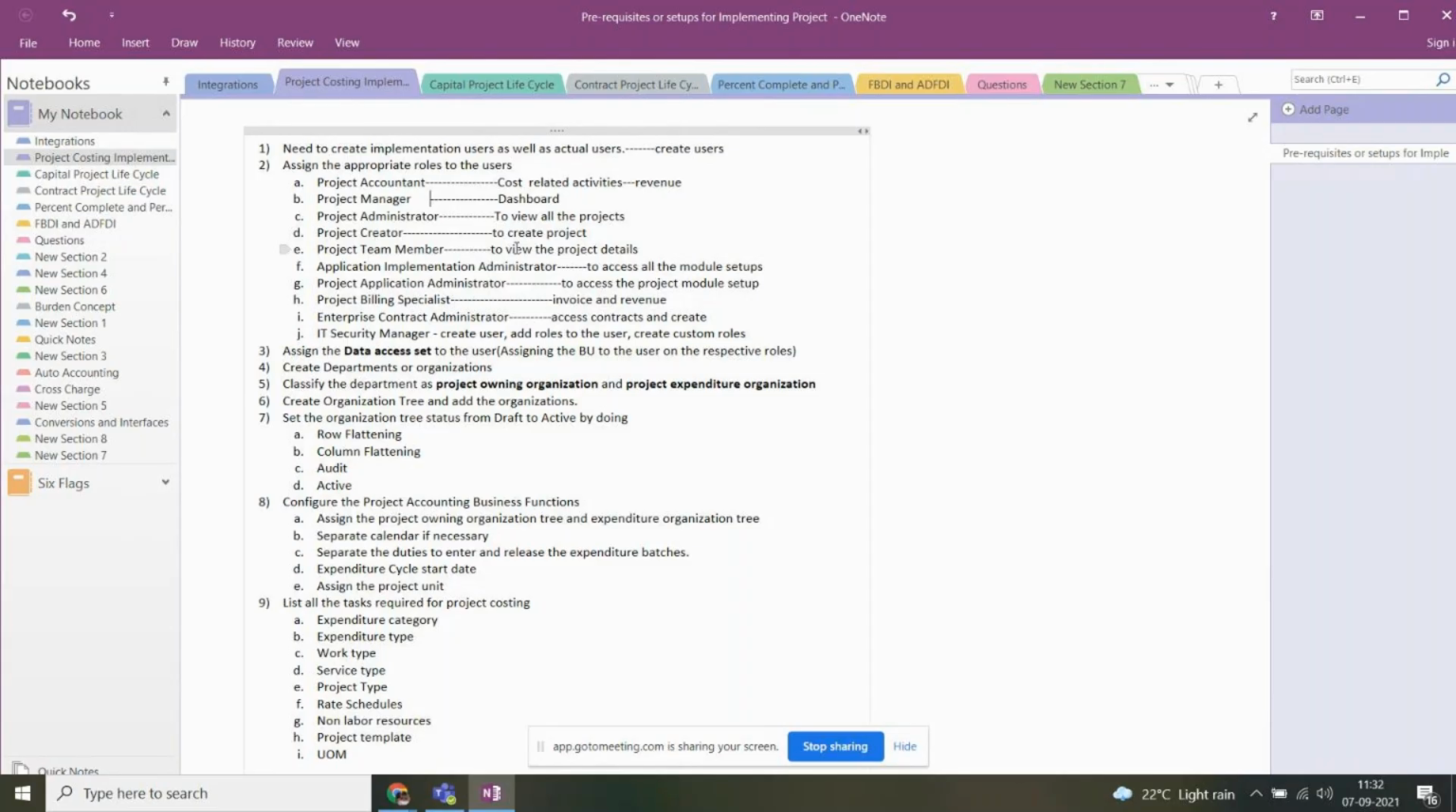And again, about IT security manager and about the dashboards, right? What are the available dashboards within the project financial management? That is very, very, very important, guys. Maybe in future also, I used to ask questions on these areas only. Okay, fine. Next, we'll move to